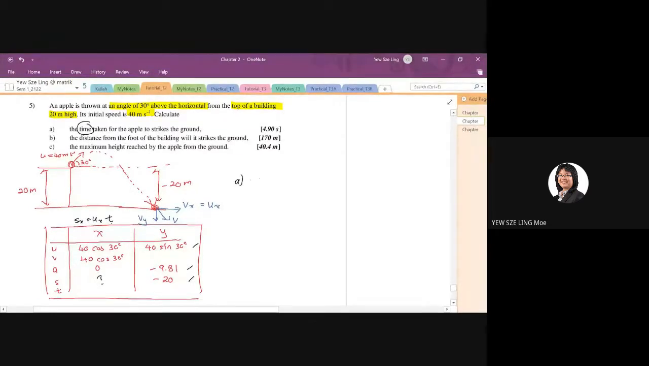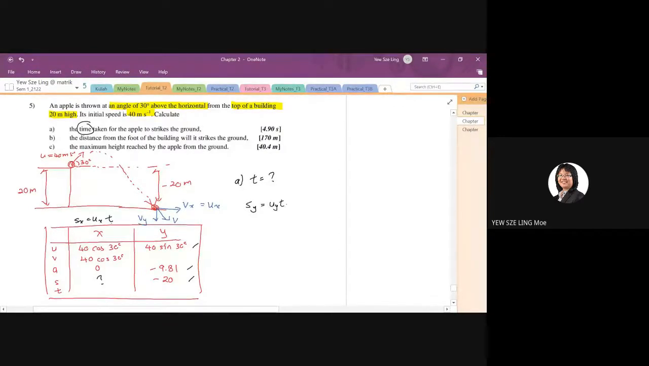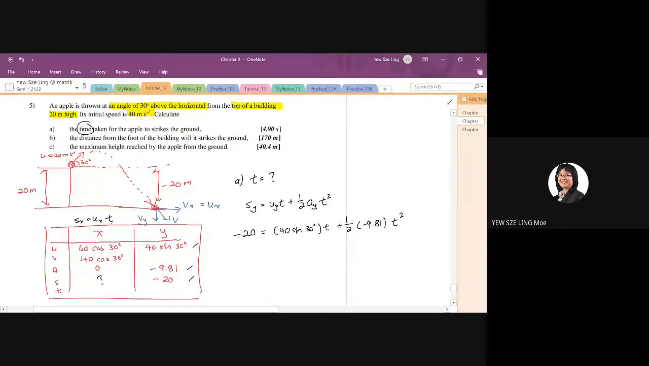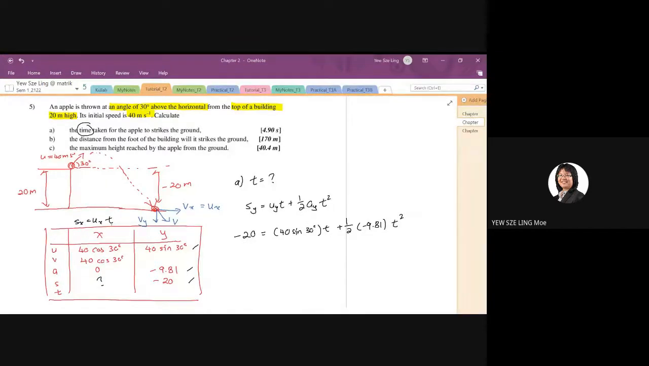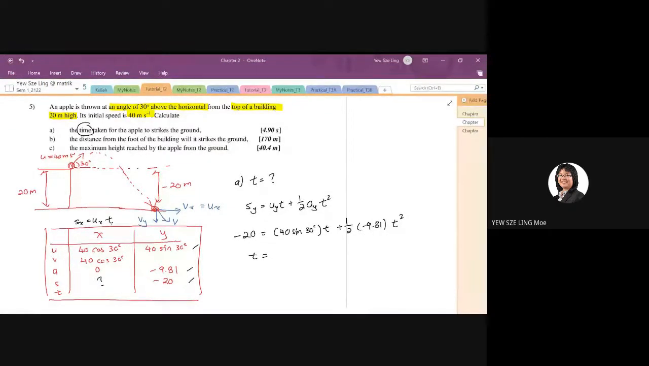And then question 1 asks us to find t. Therefore, sy equals uyt plus 1 over 2 ayt squared. Sy, negative 20, equals 40 sine 30 degrees t, plus 1 over 2 times negative 9.81 t squared. Make sure to include the negative sign in sy. Most of the time students got it wrong because they didn't put a negative sign in the s. So sy is negative 20. It is very important. So t equals